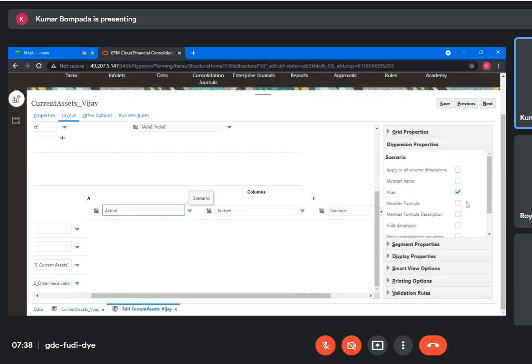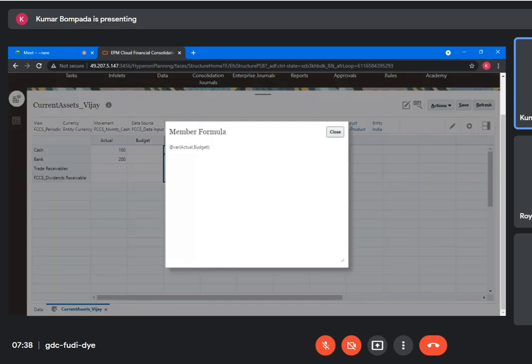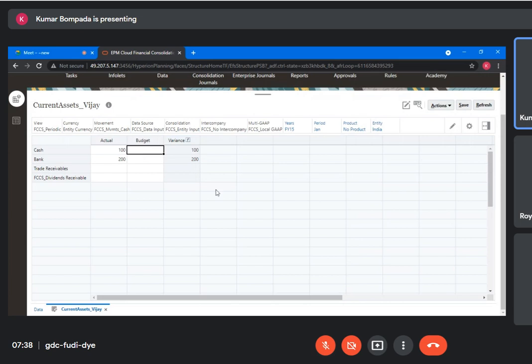Here I'll show you. I'll tick on member formula. Now you will see the member formula. It will show the member formula. See, close this one. See, you will see F here. So when I click on this one, this is the formula I have created. So variance, there is a function called var function, @VARIANCE(actual, budget). So yes, automatically it will show the member formula